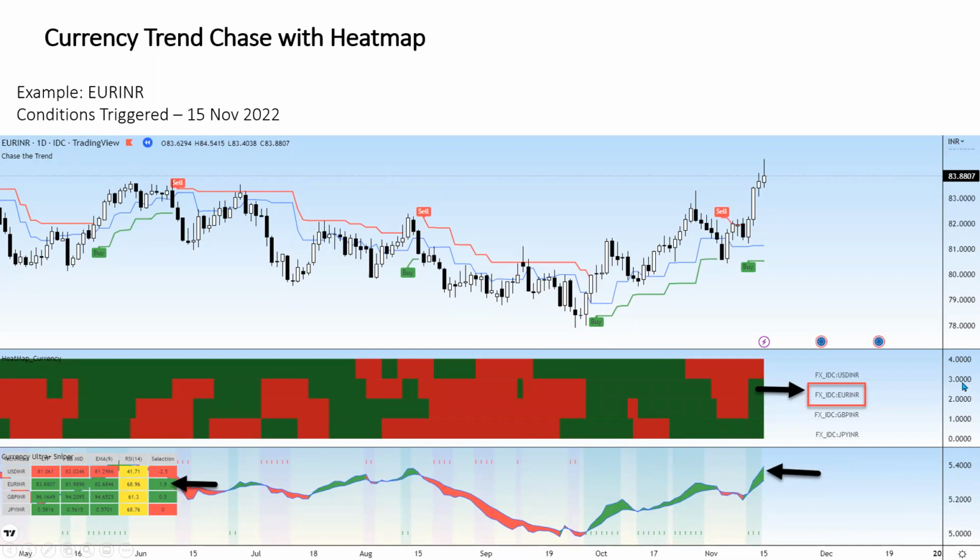तो आउट ऑफ दी होल 4 करेंसीज वी नैरोड आउट टू 1, यूरो INR में ट्रेड करेंगे। देन वी चेक द हीट मैप, USD INR नेगेटिव बट रेस्ट 3 आर पॉजिटिव, सो यहाँ पे भी दिस इज चेक 2 कि हीट मैप ऑल्सो ओके। फर्स्ट चेक ओवर हेयर स्नाइपर, देन सिलेक्शन, देन वी चेक हीट मैप। अब यहाँ पे आप देख रहे हो कि इस पर्टिकुलर डे पे इट इज ऑलरेडी सो अप, ये मेरा एक चेस द ट्रेंड है, ये पिवट पॉइंट्स की प्लॉटिंग पे चलता है, इट्स नॉट सुपर ट्रेंड, इट इज रोलिंग पिवट्स पे इट इज मूविंग, ठीक है।